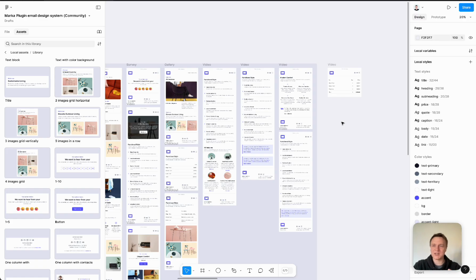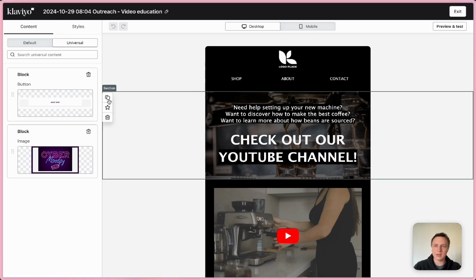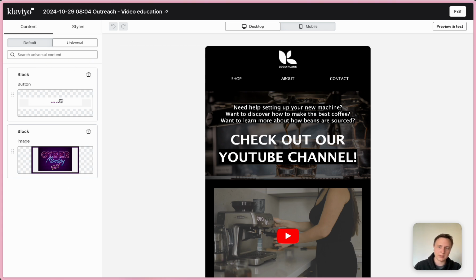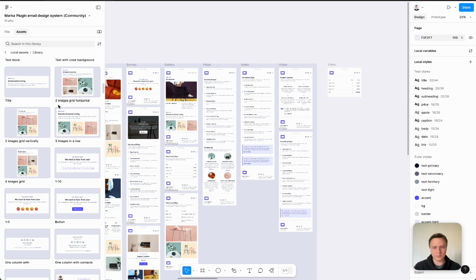The second thing is assets and components. As you can see, in Klaviyo, you can create a kind of reusable components on the left sidebar, put it here, but it's hard to, for example, see this component, how it's built, and it's hard to edit this component and then push updates to instances of this component. Figma, as a tool built for designing user interfaces, has a great